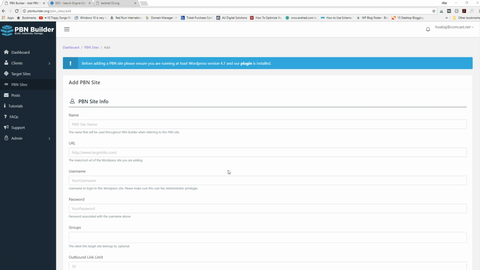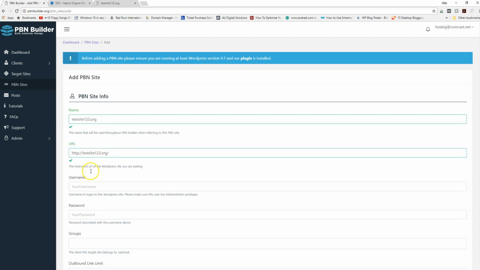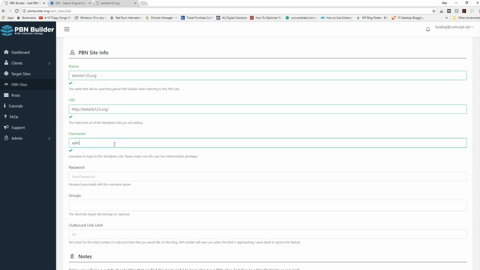Once you have added the plugin that we have included with this software, we're going to come down here and name this particular PBN site. Now you can come up with any name that you want for these sites, but I really recommend that whatever the domain name is, you make that the name, because otherwise you're going to get confused, and I know because I've done it. So I would recommend naming it your site, adding the URL in, adding the username and the password,